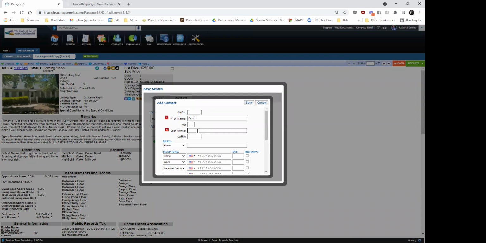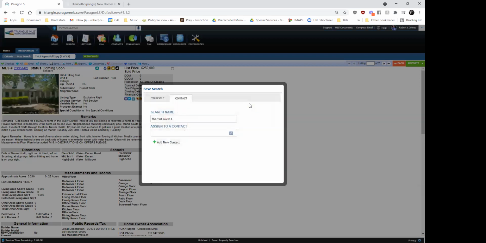So we'll do Scott, we'll do Taylor, and then we'll do a made up email, 123staylor@hotmail.com. Okay. All right, click save. And now it gives you an option that we can save and notify our client of this search. To do that, we'll click the Save and Notify button,